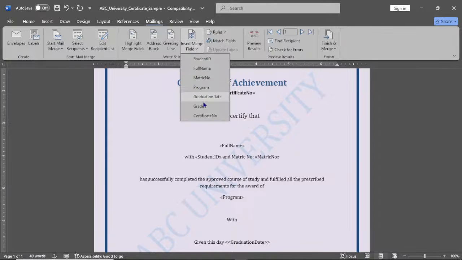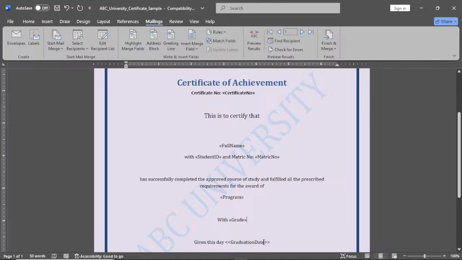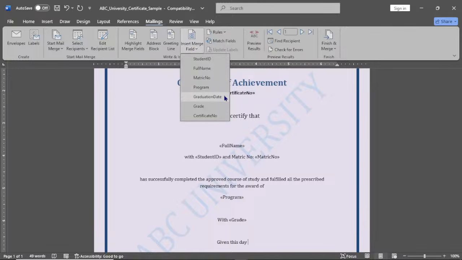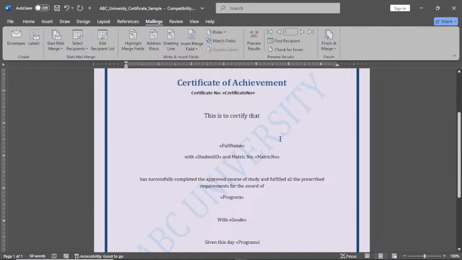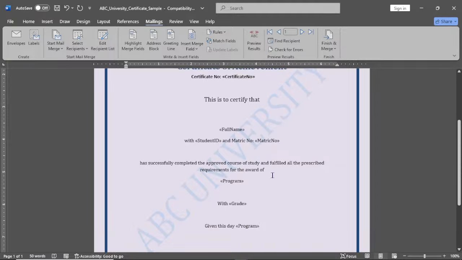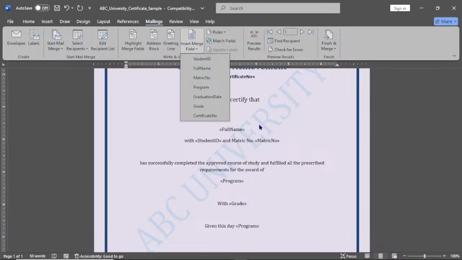Come here, add the grade, then the graduation date, given this day. I will remove this. Very easy for us, and then we print people's certificates. As you can see, we have inserted the program, the certificate number, the grade is here, the graduation date is